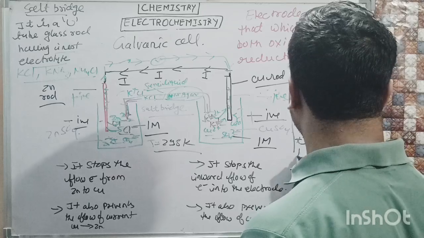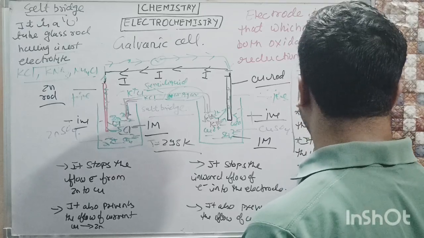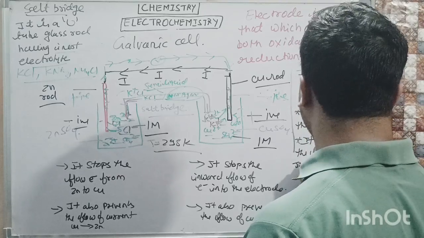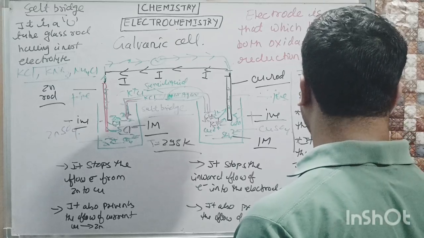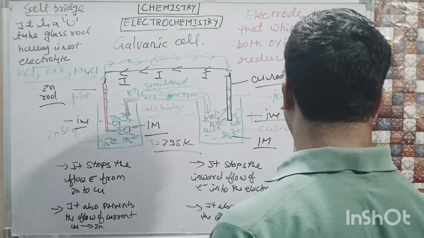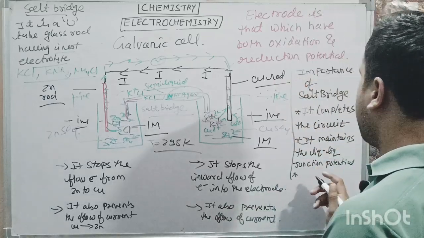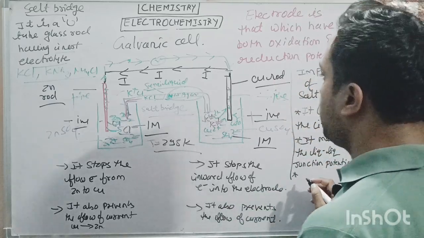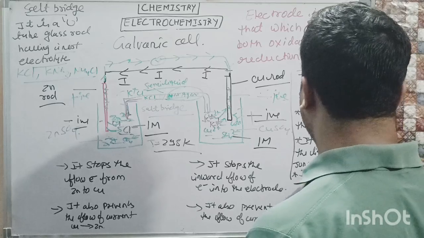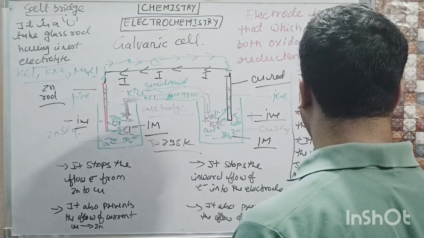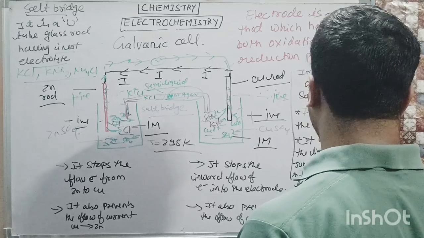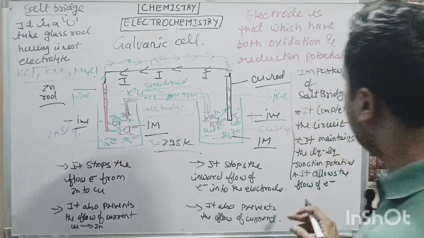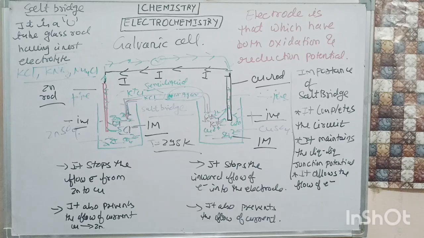liquid junction potential. Third point, it allows the flow of electrons regularly. ठीक है, it allows the flow of electrons regularly, flow क्या बोलते हैं electrons के flow को